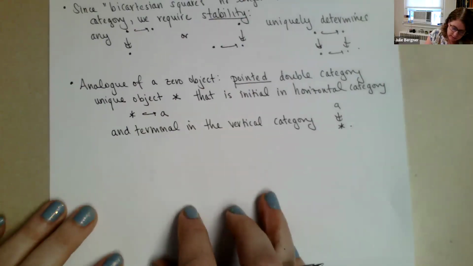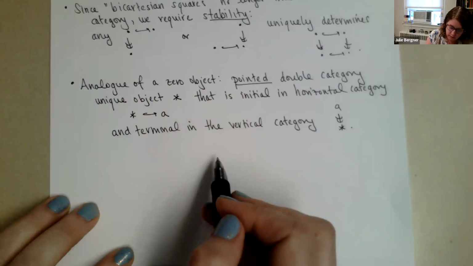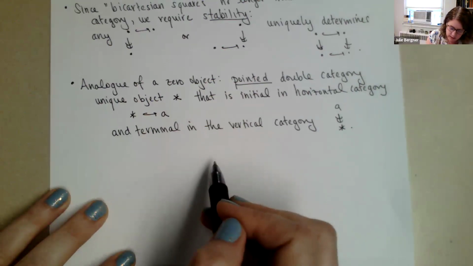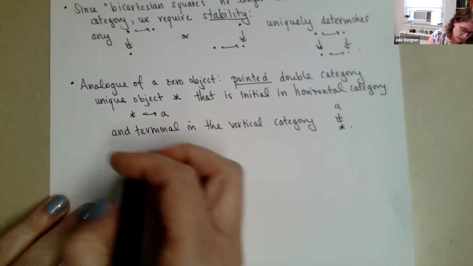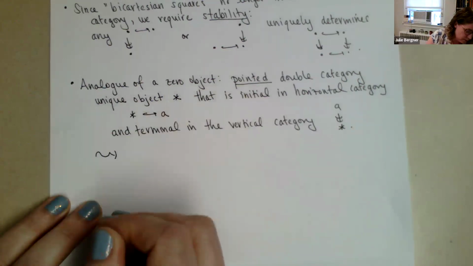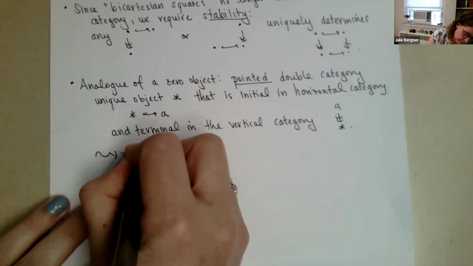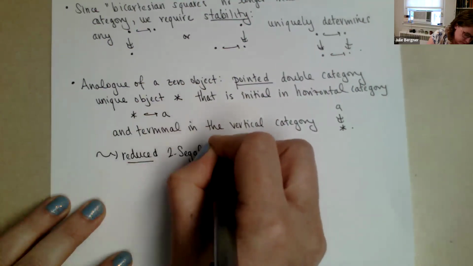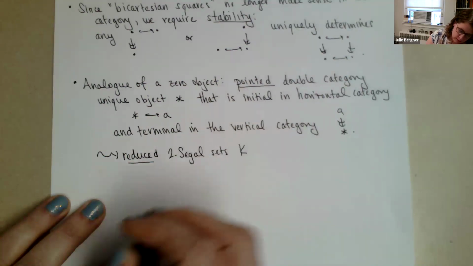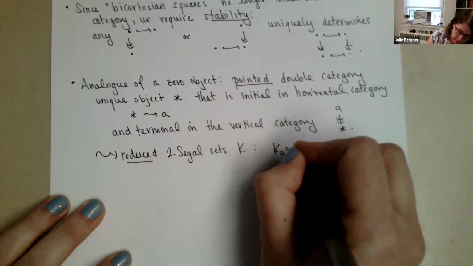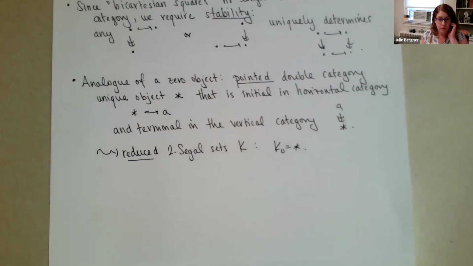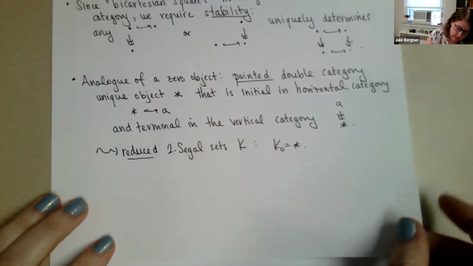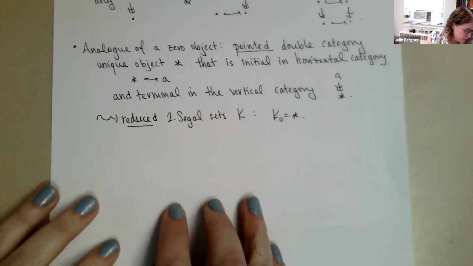Now notice, if I do this for this sort of discrete S dot, that means that S0 is always just going to be a single point. And so if we have this assumption, we will only get reduced Segal sets. So that means that K0 is literally a point. If we want to get more general ones,